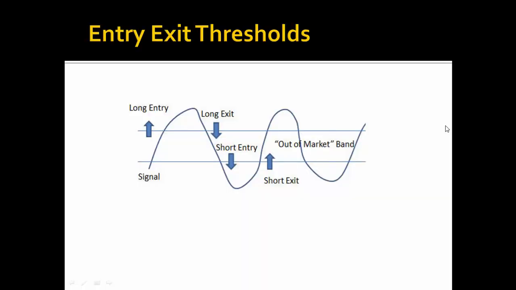In this diagram, we show a signal that would be a series of numbers that are emitted by one or more models in BioComp Profit and our other trading tools. And the signal rises and falls depending on the nature of the model and the input indicators being used to generate the signal. Now, typically up to date, if this signal went positive number, then that would indicate a long